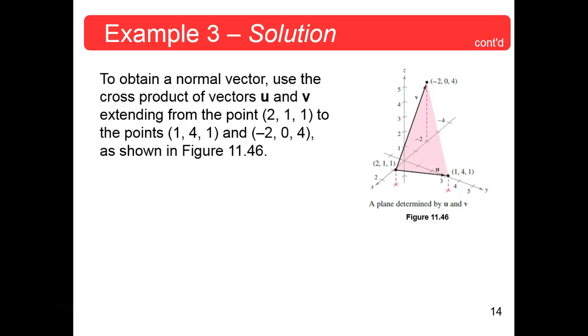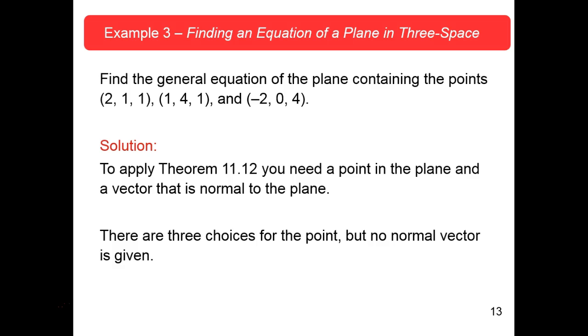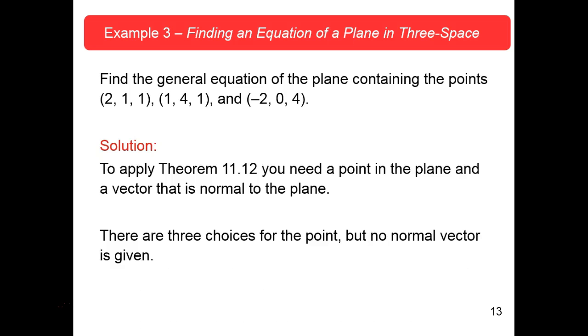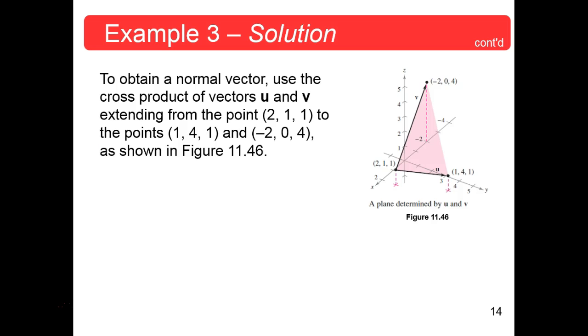To obtain a normal vector, you use the cross product of any 2 vectors, u and v, both extending from 2, 1, 1. You didn't have to choose that. It's actually the one I think we did choose, if I'm not mistaken. I think I've already erased it. But anyway, it doesn't matter. Any 2 vectors from one of the other 2 points, okay? And they did this one, and that was the vector,